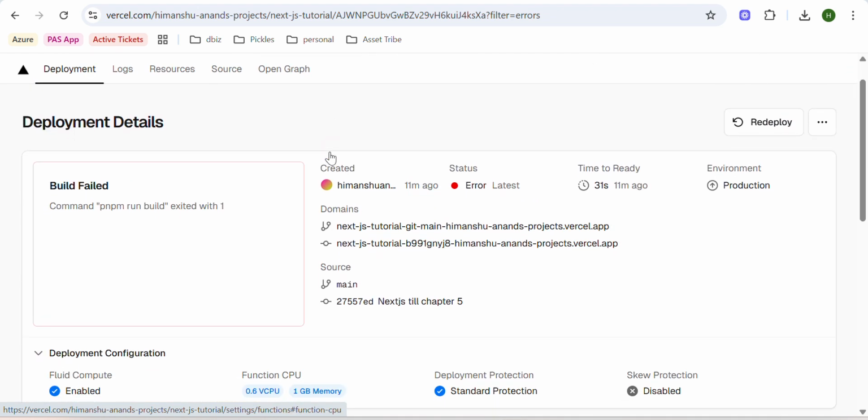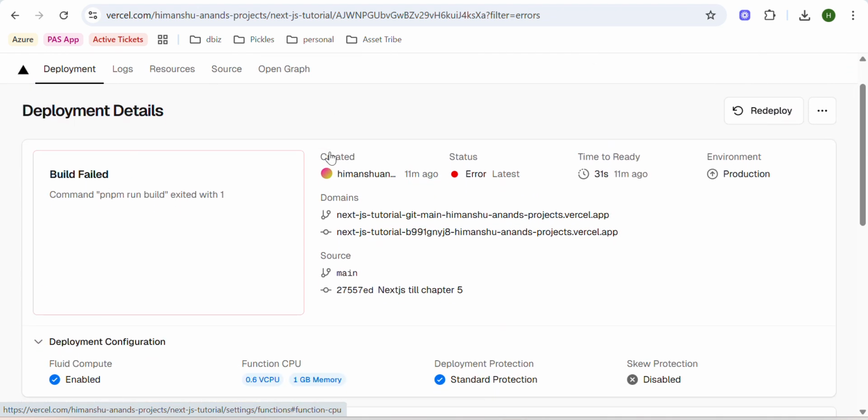So what I think is we have to publish the node modules as well,